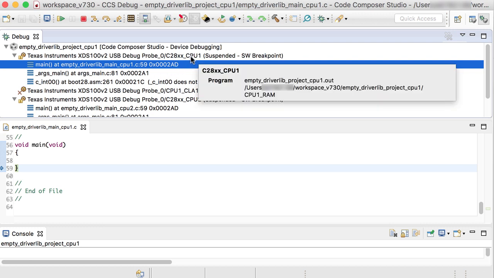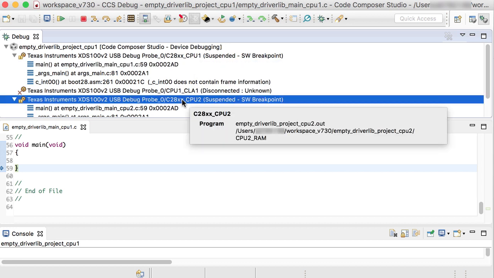You can see here when I put my mouse over CPU 1, you can see that it is loading the program that was generated from the CPU 1 project. When I put my mouse over CPU 2, you can see that it is loading the program from the CPU 2 project. If you wish to change the programs that are being loaded, you can go back into the